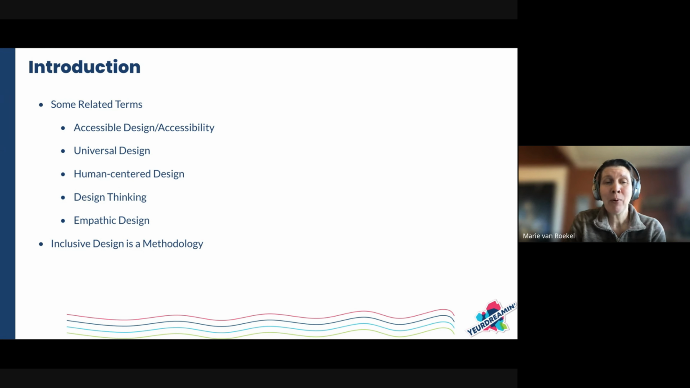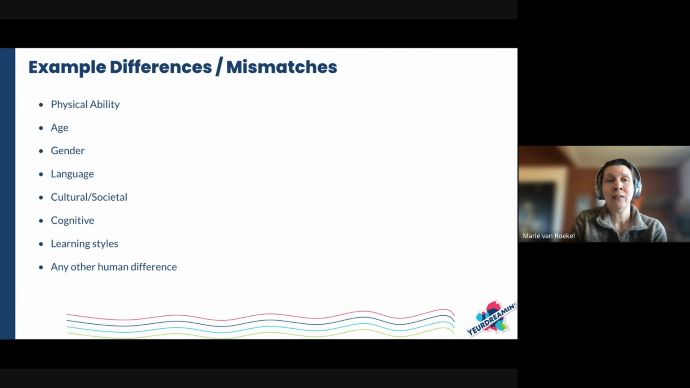So I actually have a personal interest here in inclusive design due to several factors that I will be mentioning throughout. It does come with a physical and a cognitive component. So when I say that, what are some of the differences or mismatches that inclusive design is trying to address? Like accessible design, it is looking at physical abilities, but there can also be mismatches in age, gender,